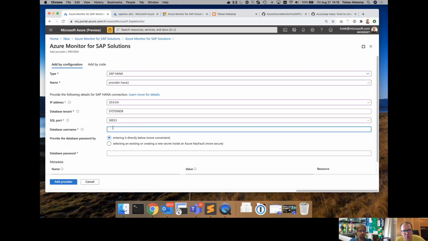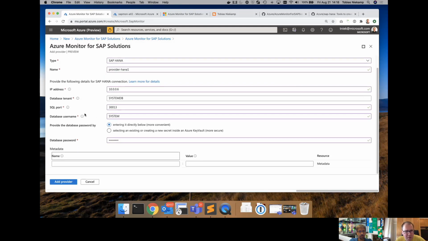And in the documentation that I'm going to show you in 1 second, we actually tell you which roles are required, how you set up those users. Just for the sake of making this easy, I will just use the system account. Don't do that with your production system. Now, the one thing I want to call out, which I think is kind of cool, and this was driven by specific customer feedback we got. While we allow you to enter your password here, and we will store it in your key vault, so we don't even have access to this.